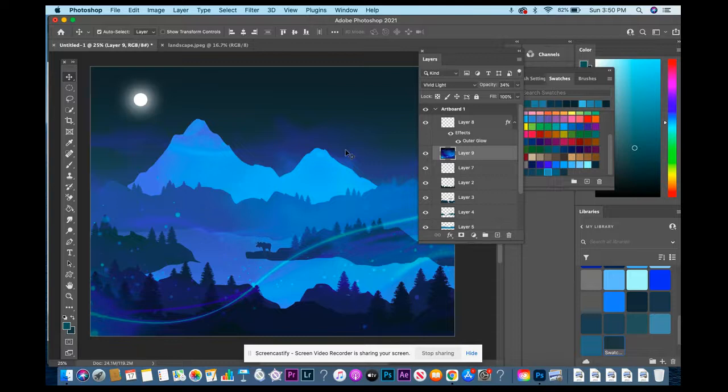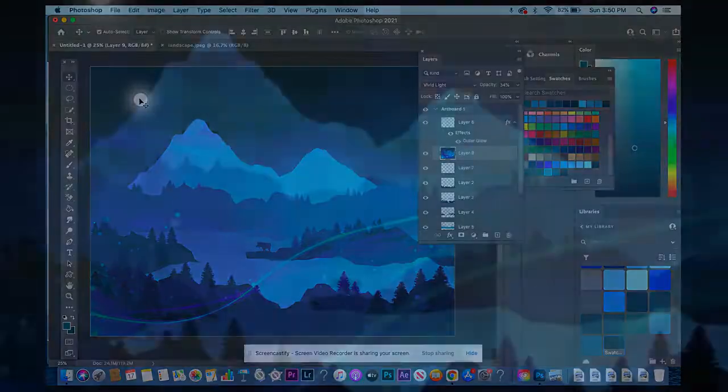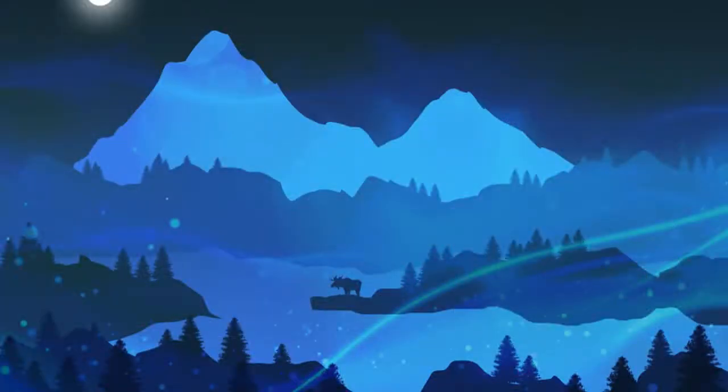So you've got your landscape with the darkest values in front, getting lighter and lighter until the back, where the lightest one is. You've got your trees, bigger in the front, getting smaller and smaller as they go back, the same color as the layer. And then you've got your moon. If you have like a daytime one, you could do a sun. That would be great, and you can make it like a light yellow color. Okay,